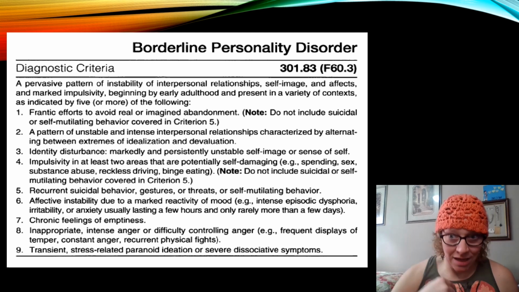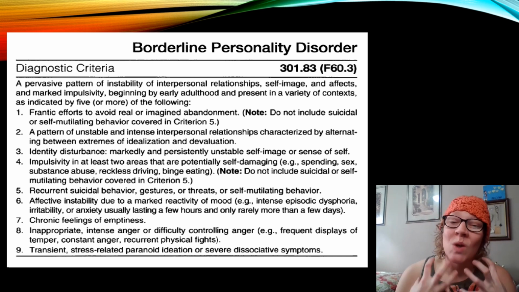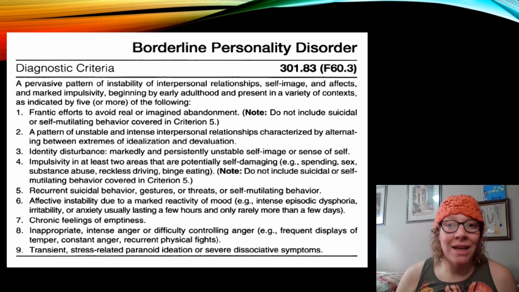I had it inwardly. My anger and rage is in here. I just never let it out. I let it seethe, but it was always there. So I had a lot of trouble with my diagnosis based on that right there. I said, I can't be borderline. I'm not mean. But that's just not true. That's a stigma. It's a stigma. And it's a stigma that I'm looking to stop.